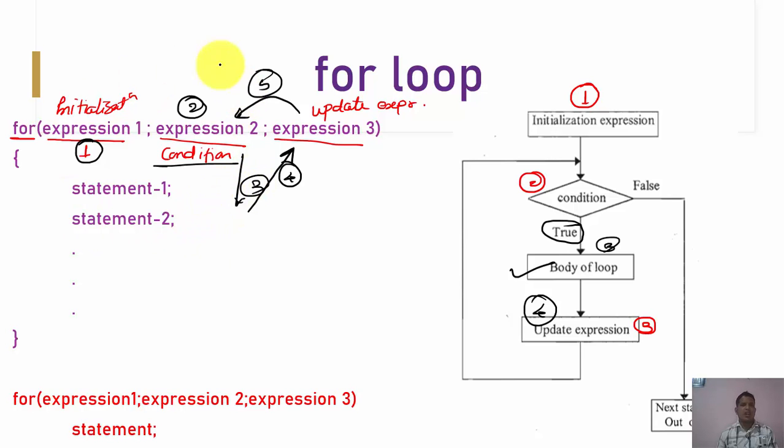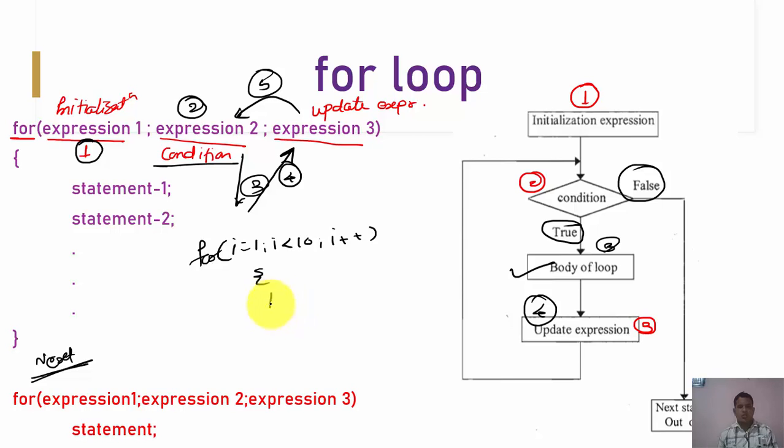If it is true, the same cycle is repeated, 2 3 4 5, 2 3 4 5. If it is false, then directly the next statement present outside this for loop gets executed. For example, if I write for i is equal to 1, i less than 10, then i plus plus,